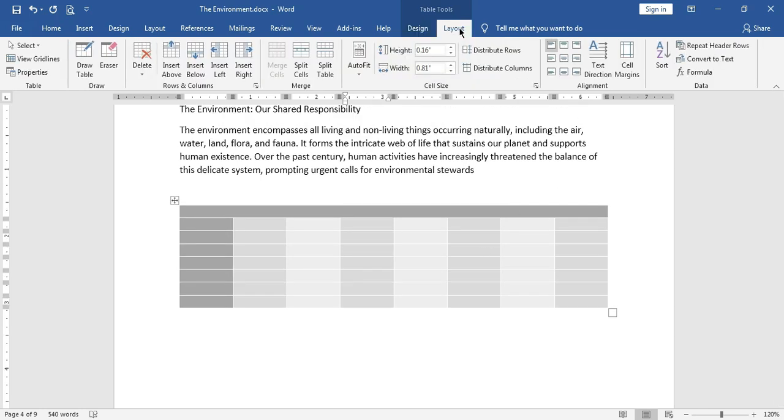There is another option named Layout. There are very essential options to customize your table, like to select the table, cell, column, row, etc. That option is not necessary because